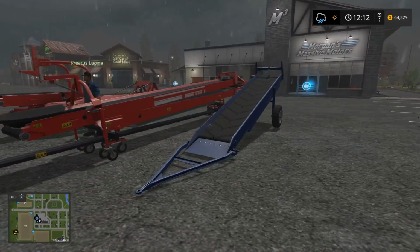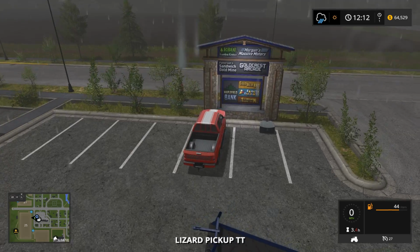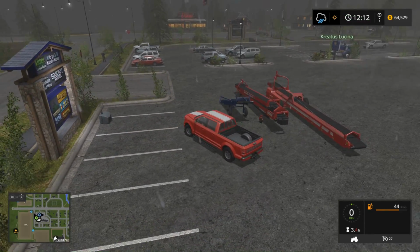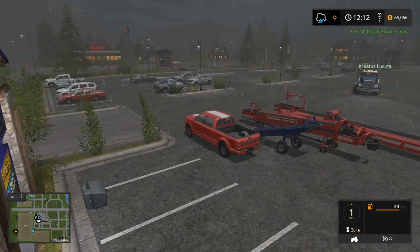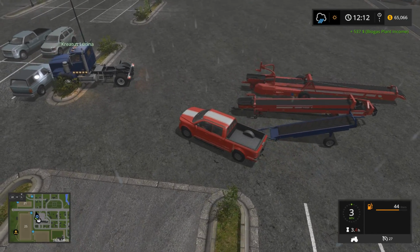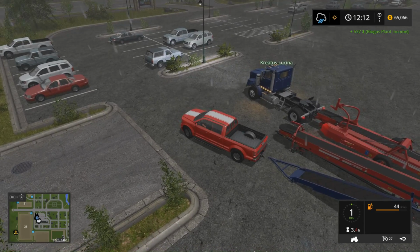All right, take it away. So you want to haul those over? Do you want me to take this blue one? Okay, yeah, you can take the blue one. Yeah, I'll have to come back for that long one. Or do you want me to take the long one? Which one's hooked together? Well, they can all hook together. But I forgot that when you hook them together and move them, you have to use the one in the tail position, which means we'd have to drive the whole way there with...